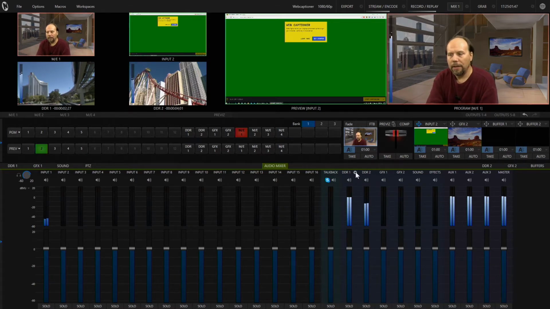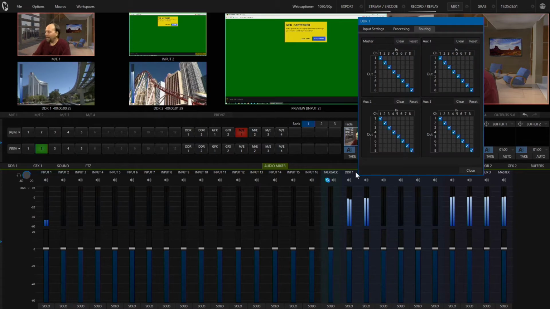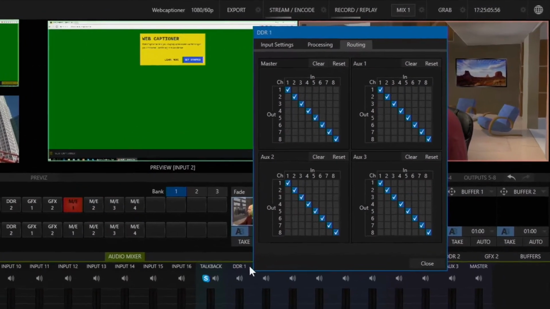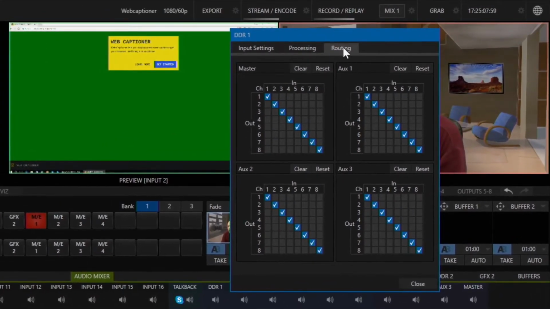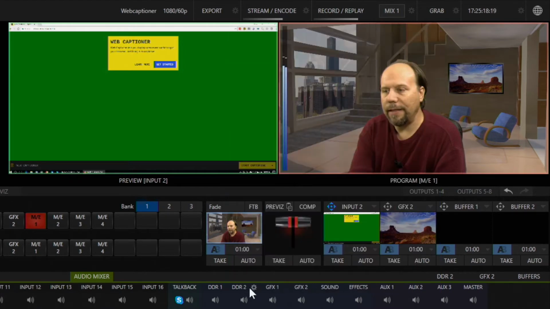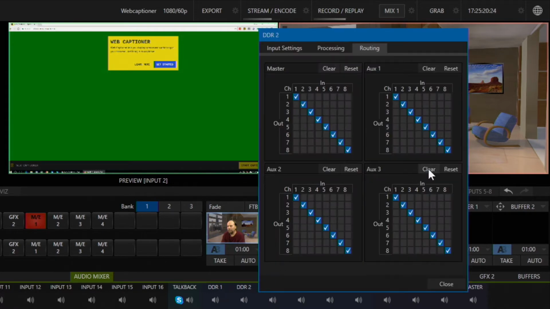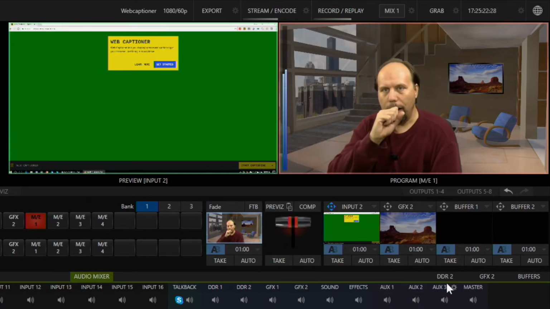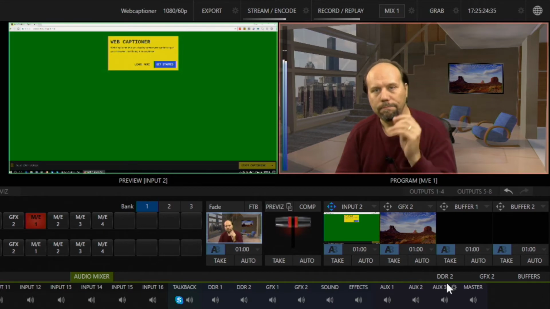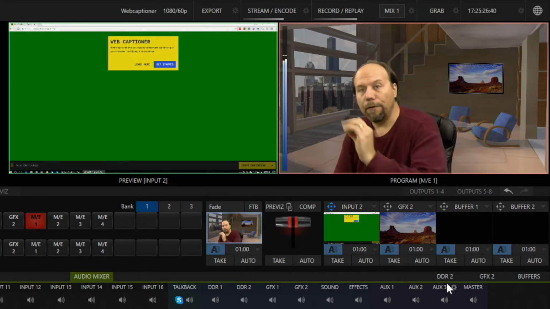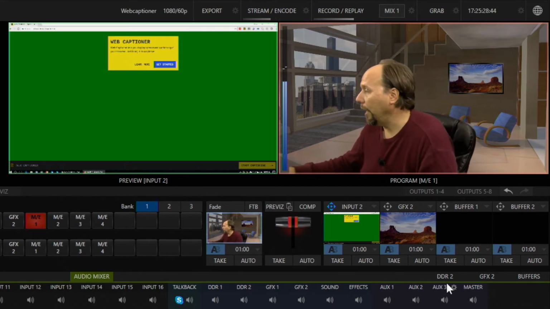I'm going to click the audio slider gear, and in the window that opens up, if you're not on the routing tab, just go to the routing tab, and there are your 4 audio mixes. Go to aux 3 and hit clear, and then do the same thing for anything else. I'm going to do that for my DDR2 in here and click clear on there. So now I have removed that audio from aux 3, and if we go and take a look now down